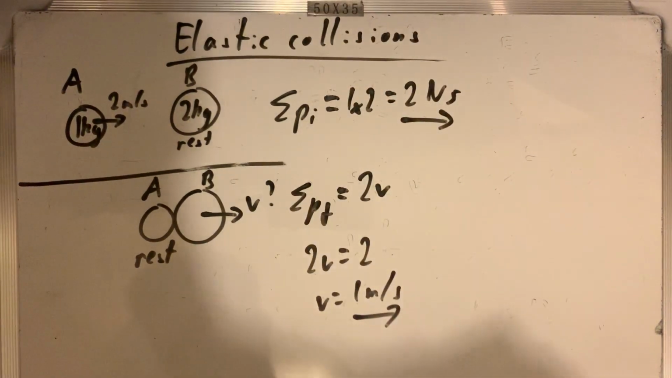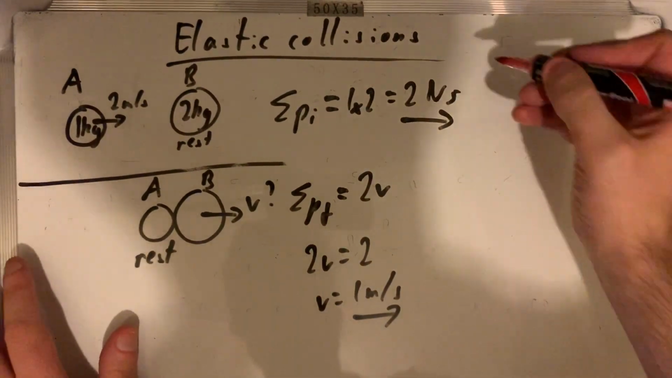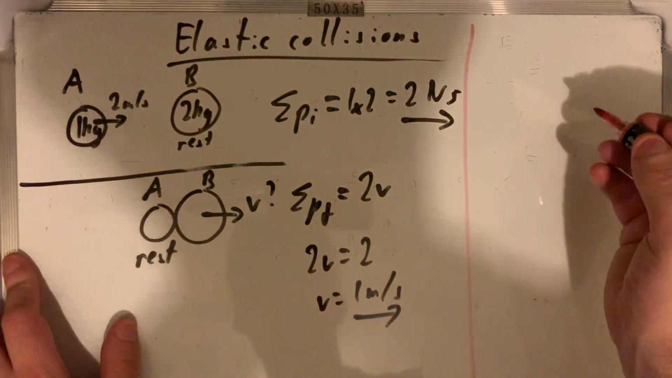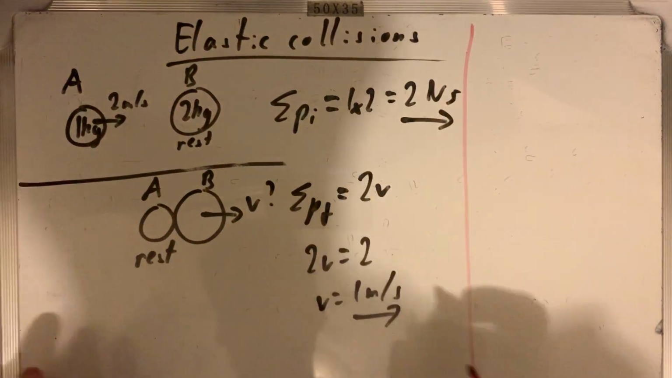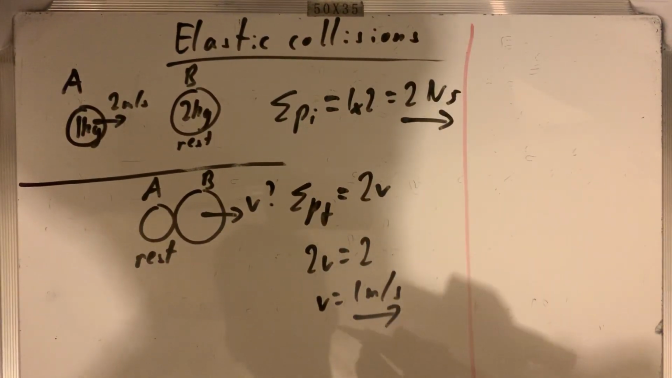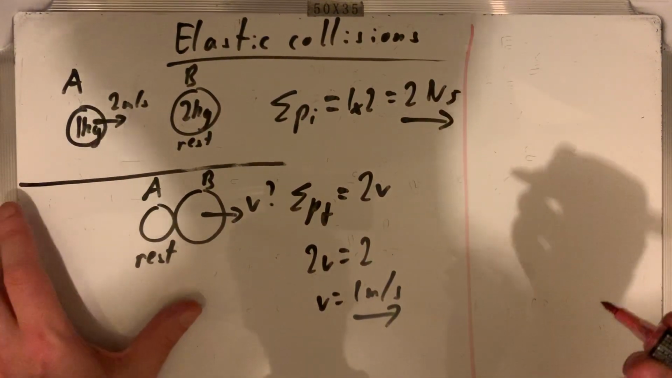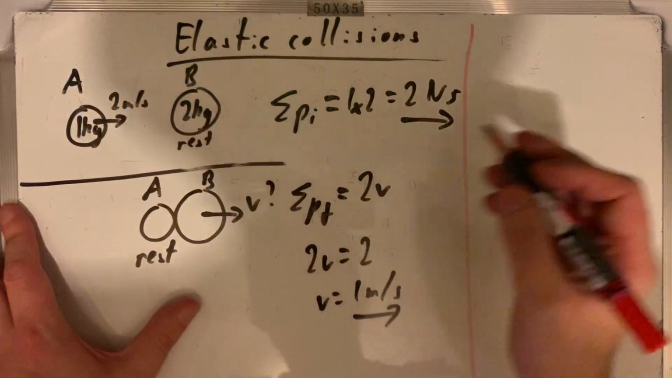Now let's see if kinetic energy is conserved. Let's do that down here. So again, we add them all up, and it's sort of simpler. It's a harder equation, half mv squared, but at least it's a scalar, so there's no issue with direction. So